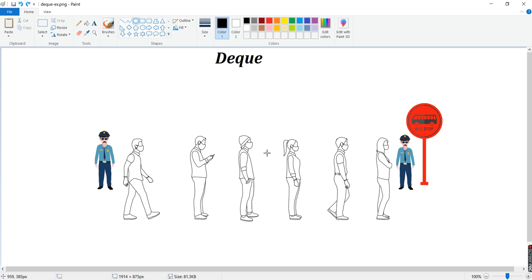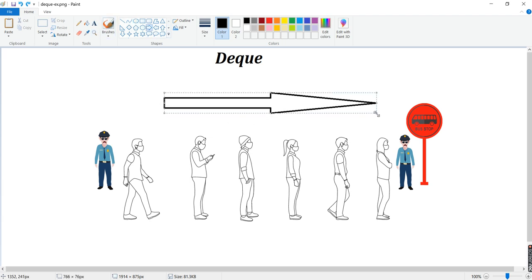If you do the processing in this way, people get filled in this way, and the officer at this end will first serve this person, then this person, then this person, and so on up to however many persons are coming into the queue.